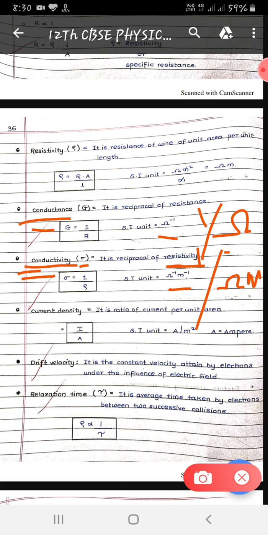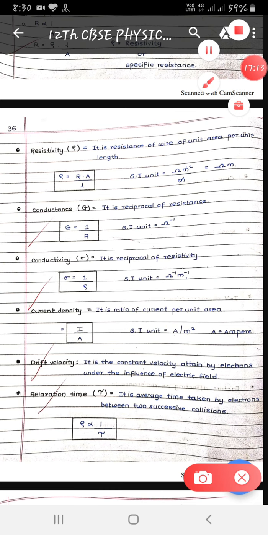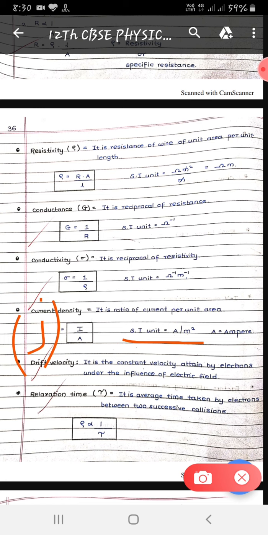Hope you understood. The next definition is current density. So what is current density, my dear student? Current density is represented by small j. You write down here, it is not given. J is equal to current upon area, meaning current flowing through the wire per unit area. It is nothing but the current density. मतलब कितने एरिया में कितना करंट फ्लो हो रहा है, कितने चार्जेस जा रहे हैं. It gives the density of current. And the SI unit of current density is ampere per meter square. Here A indicates ampere, M indicates meter.